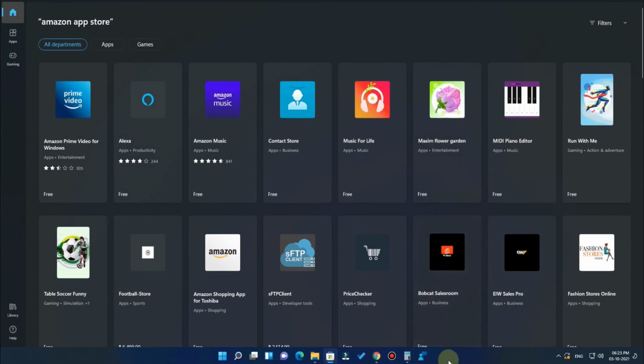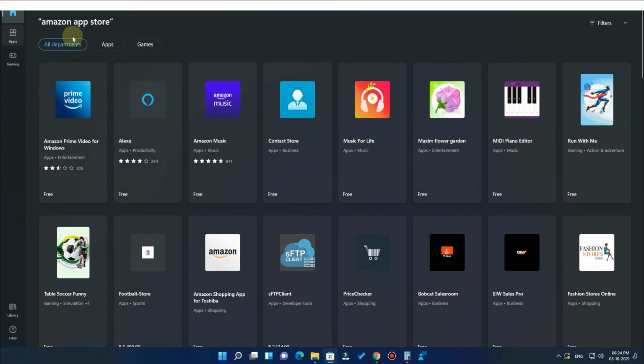I am currently using the developer version, but still I am not getting this feature. In case this Android app feature will be available, it will be in the 2022 first quarter only, as per my guess, and Microsoft has still not unveiled that. So if you are installing Windows 11, currently you can't use Android apps in the Windows 11 operating system. It will take some time. Still for the developer version it's not available.